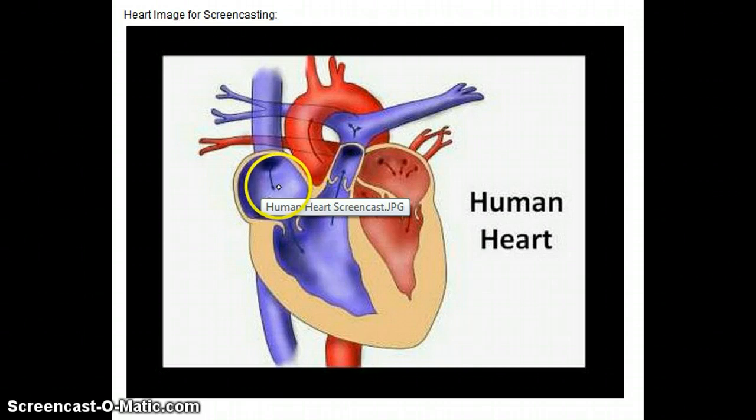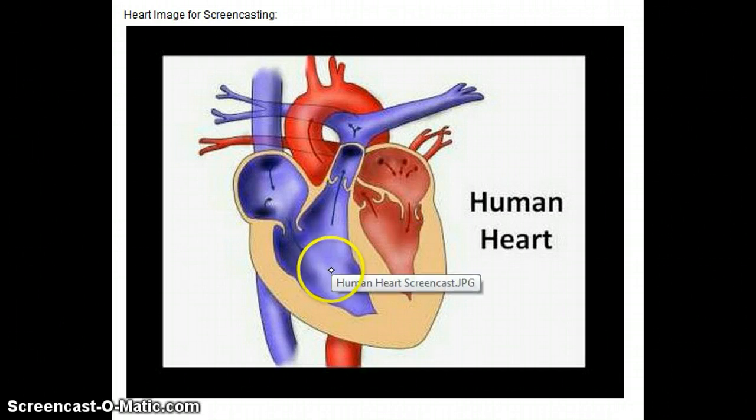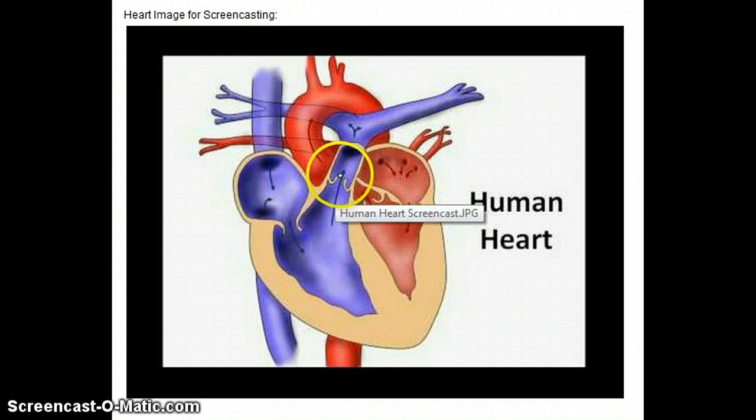Once it enters into the right atrium, it flows through the tricuspid valve into the right ventricle. Once it enters the right ventricle, through a very strong pumping action, about the amount of pressure it takes to push down on a tennis ball, the heart then pumps the blood through the pulmonic valve and into what is